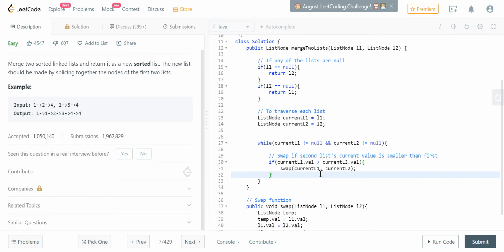However, what if the first list's value is smaller than the second list's current value? We just carry forwards, right? So we also need to know when to traverse what. So after the swap function has been done, which one is greater now? Now that the swap function has been done, which one do you think is greater? It's going to be currentL2's value that is right now greater, because it was less than currentL1's val, but right now it's greater after the swap. So since this is the greater one and this is the smaller one,